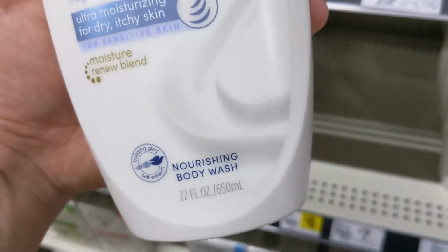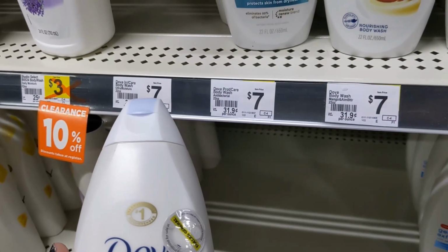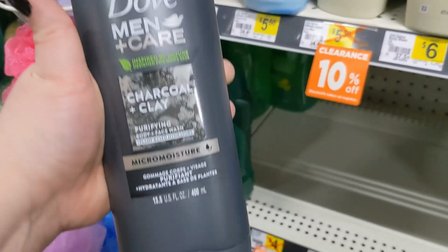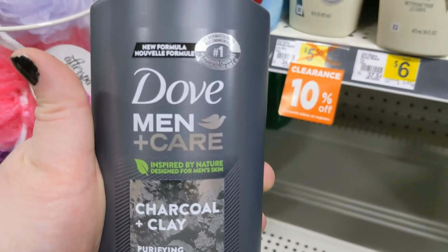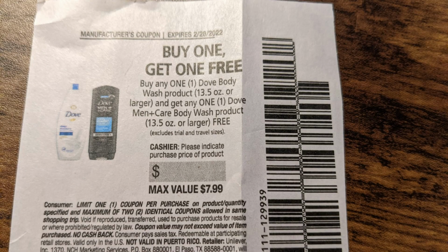is definitely worth it. So start by picking up one of the Dove women's body wash and one of the men's body wash as well, the Dove men's body wash. The women's will be $7, the men's will be $5.50, so $12.50 for both. But we do have a buy one get one free paper coupon from the 2/13 Save insert from the Sunday